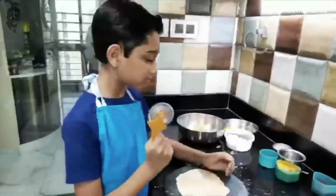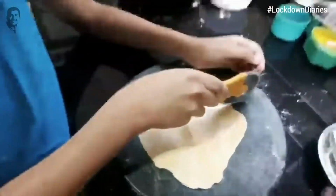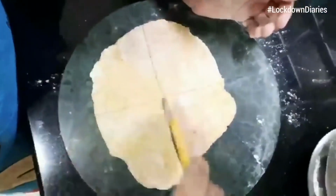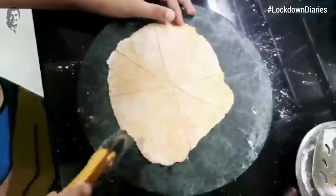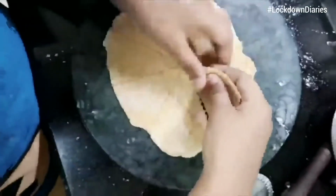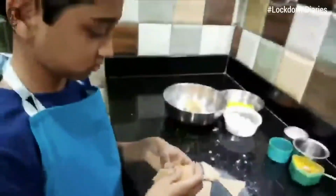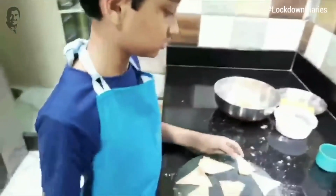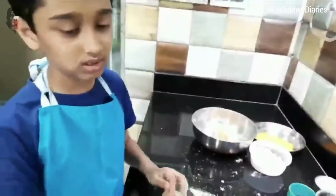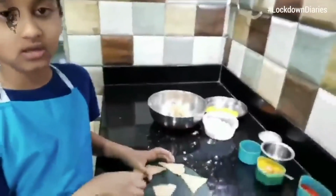Okay, so now I'm going to use a pizza cutter. Yes, I'm using a pizza cutter for doing nachos. This is coming out so good. Yay! This looks good. Okay, so now I'm sure that everyone knows that you don't just eat nachos like this. They have to be crisp. So for that,